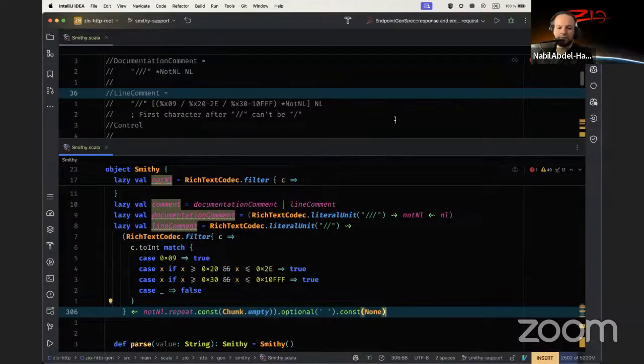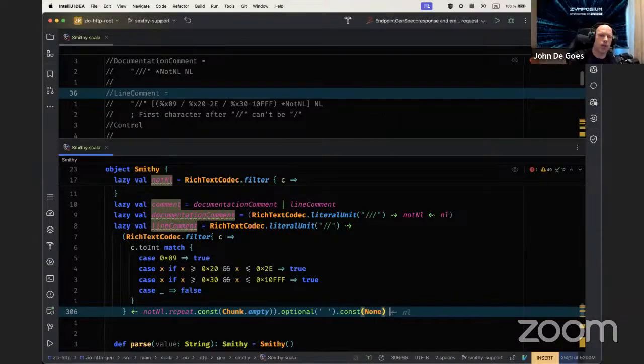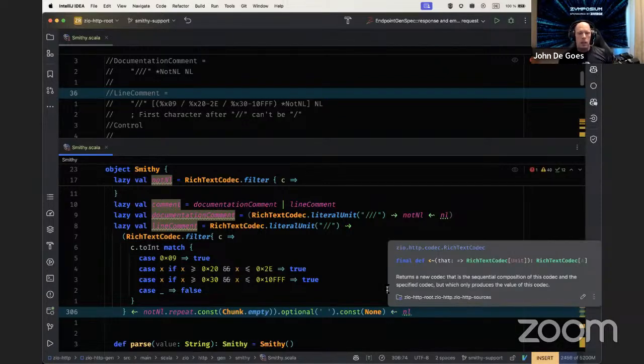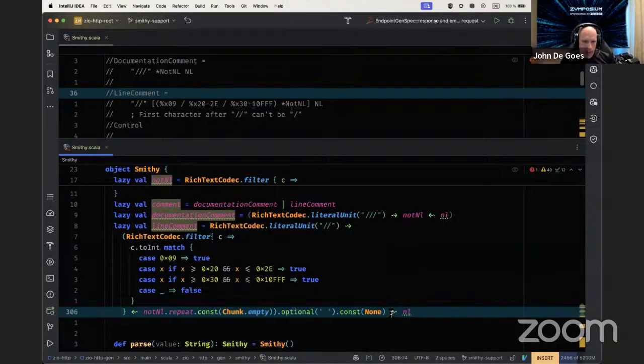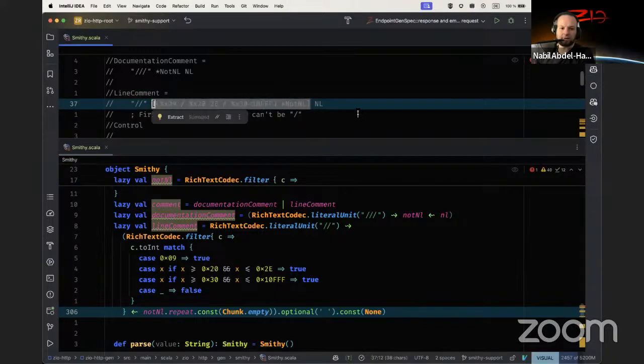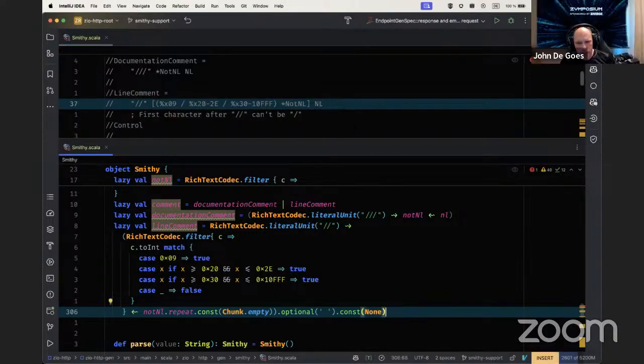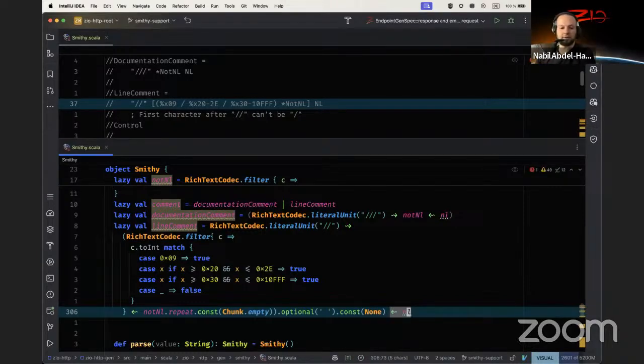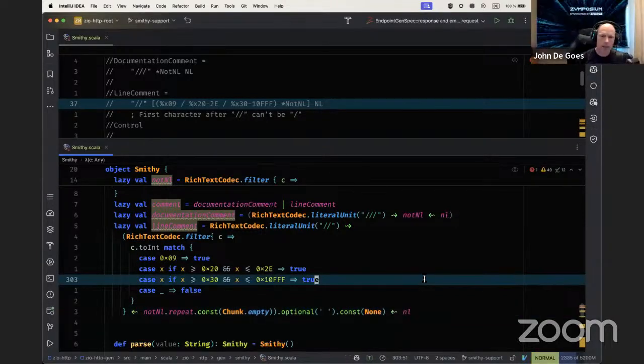Yeah, because we don't save the value of the... Oh, we forgot one thing, which is the new line character. So immediately following the optional, we've got a new line character. So you need to go inside the parentheses. It's going to be right after repeat const of chunk empty. Wait, is that right? No, it's not right because it's not inside the brackets, right? So it was right as it was before. So that's right. And then new line